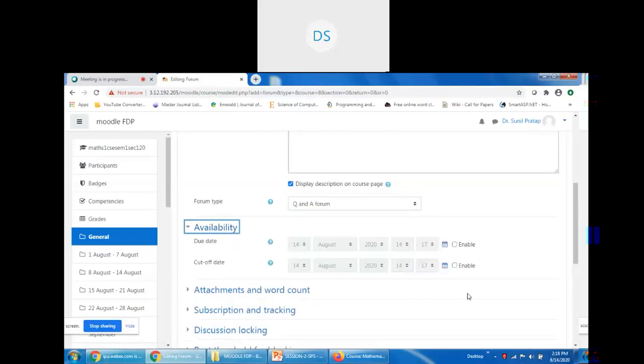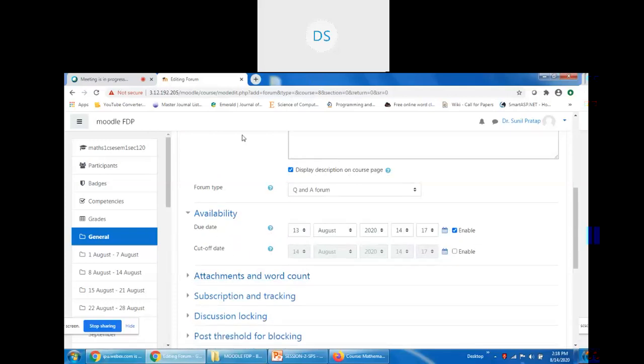The next option is for availability of this forum. The availability is from this date to, sorry, due date. Due date is 15th.